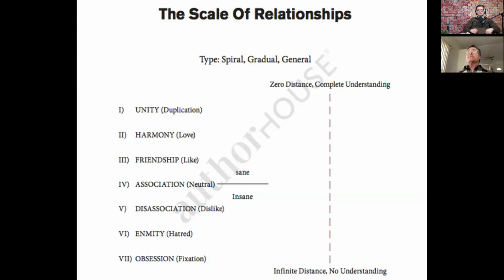Well, an accepting person can be neutral. Say, well, we didn't get along. I'm a vegan and she's a carnivore, and I'm a Yankee fan and she's a Red Sox fan, et cetera, et cetera, et cetera. And so you can just be neutral. See, that's the sane way to approach something like that. So, yeah, we're not going out anymore, but she's not a part of my life. But you don't think about it. So you're not going around disliking the person.